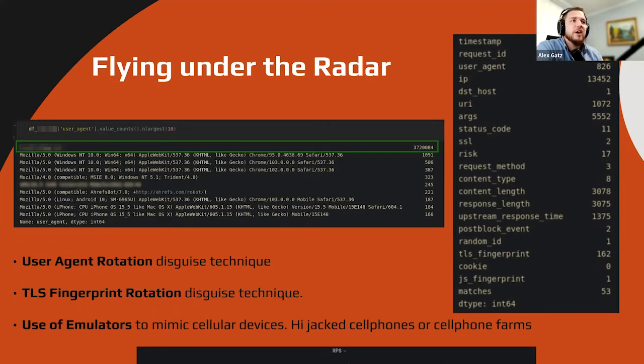Maybe you're swapping out elliptic curves. The most advanced samples we saw were trying to mimic the latest browser versions, and they were intentionally cycling through those. That was really interesting. We caught that because sometimes the user agent didn't align with the known TLS fingerprint that should be associated to